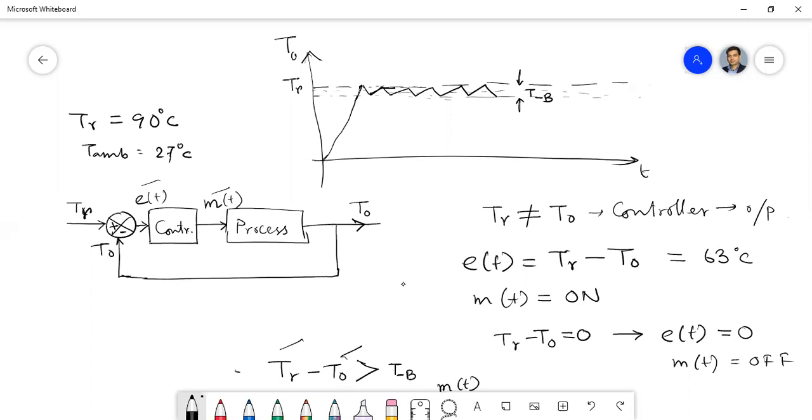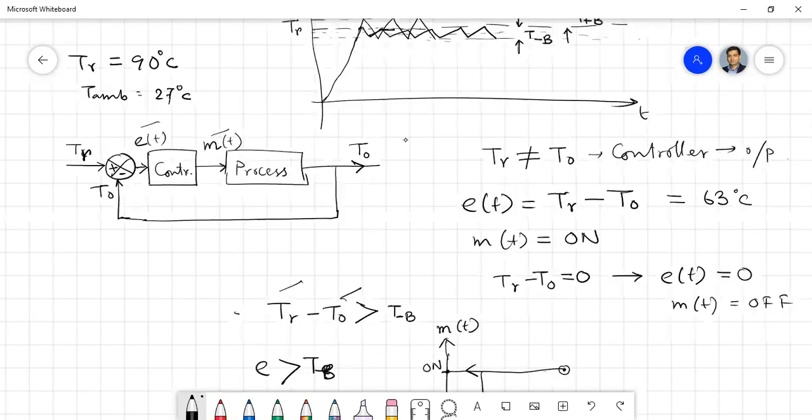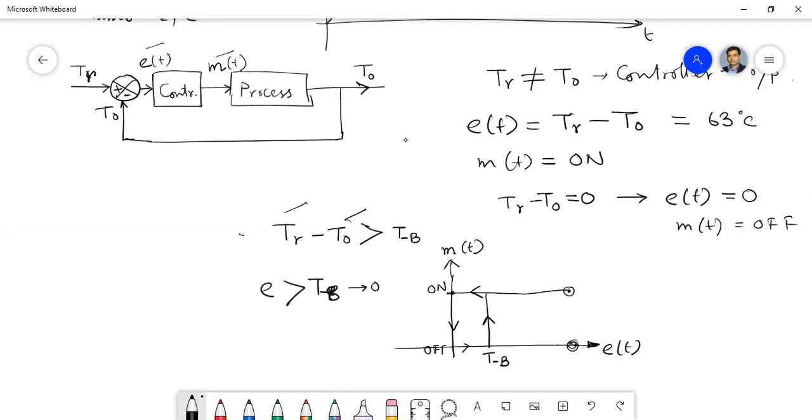I see that I will never turn off the system at the right time. Yes, tell me. Sir, to make the difference zero we would need another, so I have to give a band, right? That means if we did it like this, yes, so that means we need some upper band that can be written as t plus b. Okay, so that means this is the on logic, and the off logic will be modified to like this: t plus b, and this arrow will be put here.